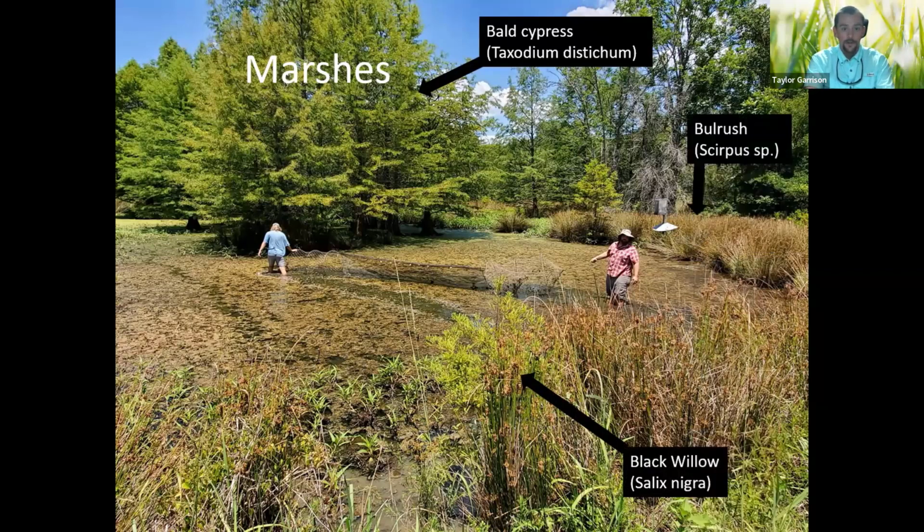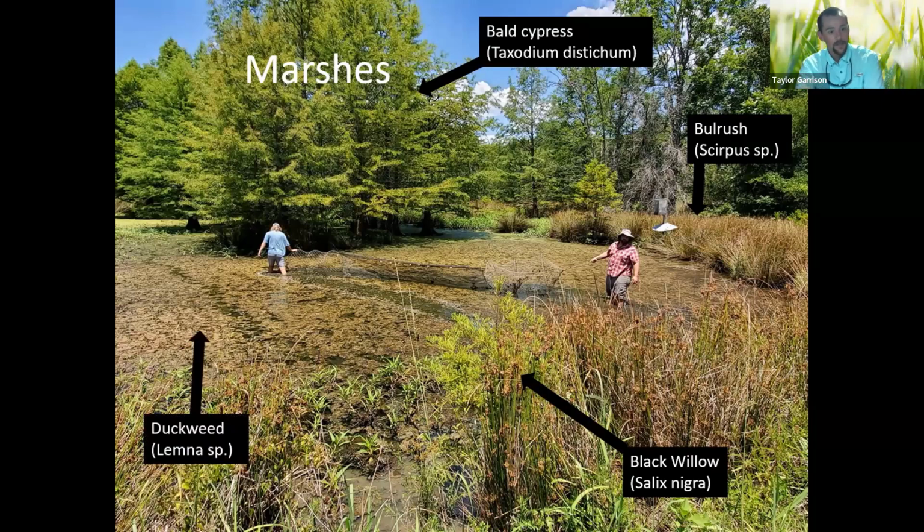We also have bulrush, which we'll see quite a bit today in our presentation, but these guys usually like not too deep of water, but they can thrive on the edge or within water as well. And as you might recall, rushes have round stems. They're grass-like, and usually they provide a good seed source for a lot of wetland-loving birds like waterfowl. We also have emergent or floating within the pond duckweed, a Lemna species. And so duckweed are a pretty important plant for creating oxygen and improving the quality of that wetland, and we usually see those in quite a few wetland examples.